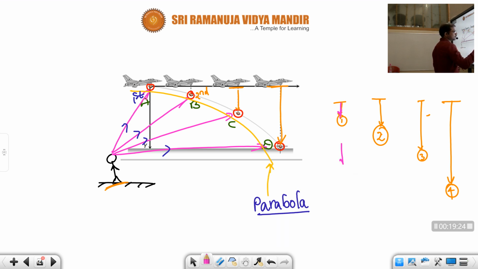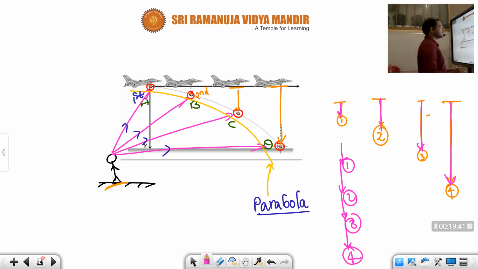See, here also it is down. First position. Then second position also down. Third position also down. Fourth position also down. Understood, children? For the pilot, he is always above the bomb. The pilot always, what, children? He is above the bomb. Above that bomb is down, exactly down, vertically down. Okay, and at each and every point, that bomb is below that pilot, that aeroplane. Okay, so for the pilot it will always appear that it is going vertically down.